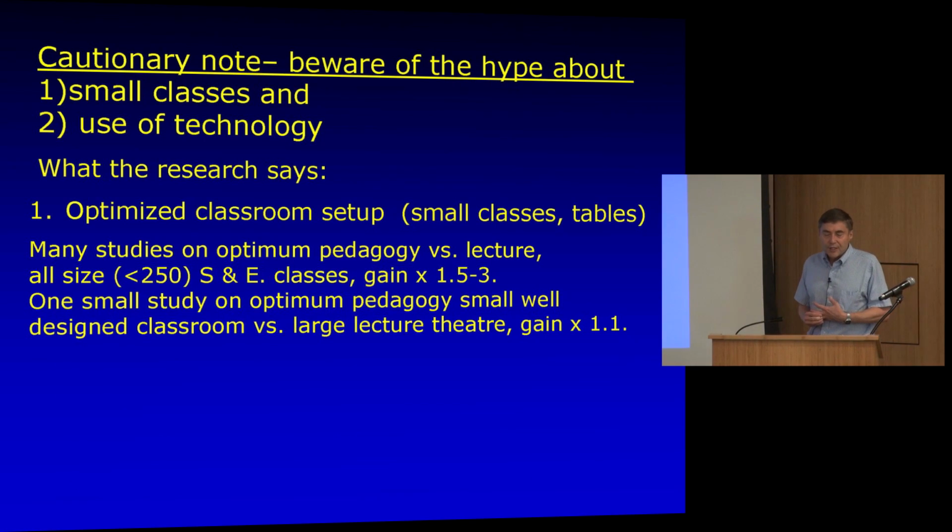Okay, I'm going to just say a couple of very quick things, and then I'll stop here. Just some side notes on some things that I've looked at and looked at research on. You hear a lot of talk about the great solutions, that you just need these wonderfully designed classrooms and that's going to solve all your problems, or you can bring in technology and that's going to make everything wonderful. And so a quick summary of what the research says on that is that